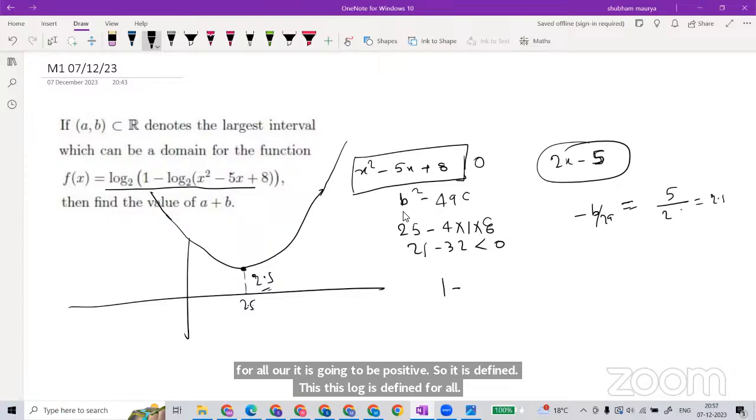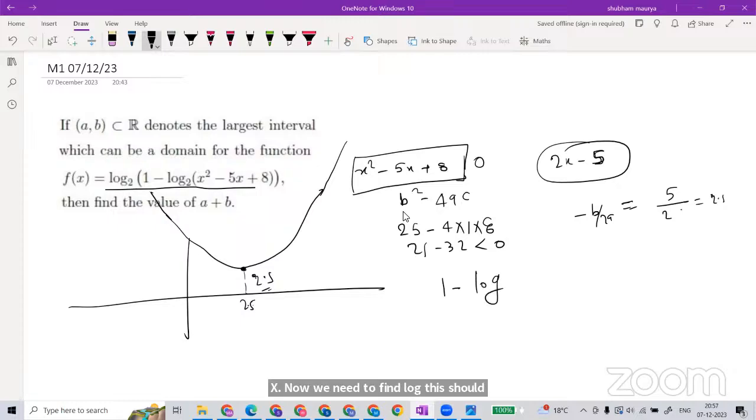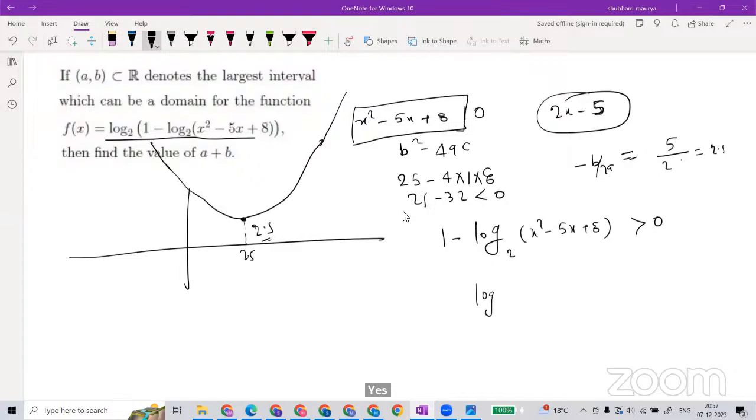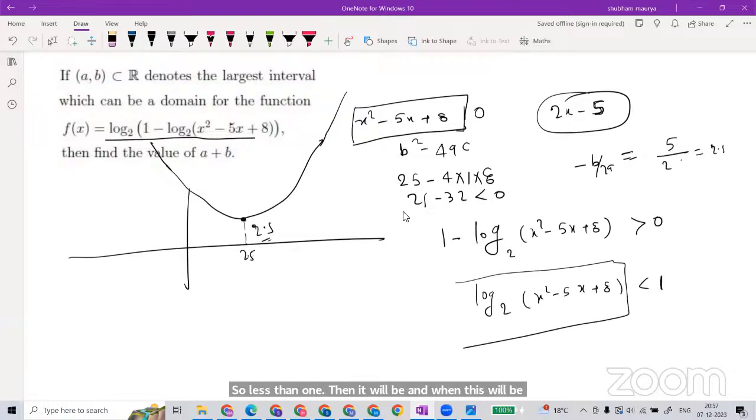Now we need to find log. This should be strictly greater than 0, right? Yes, sir. This should happen. This should be strictly greater than 0. That means our log 2 with this one should be less than 1. Then it will be, and when this will be less than 1, that means 2 power,